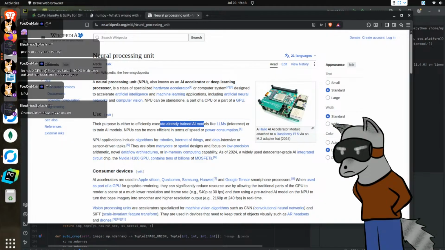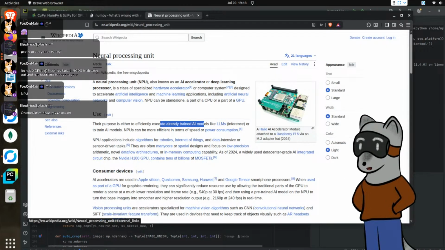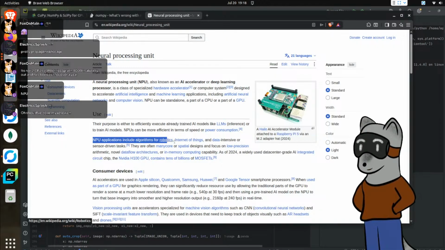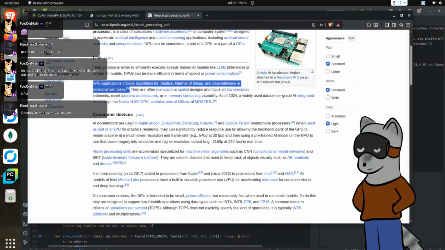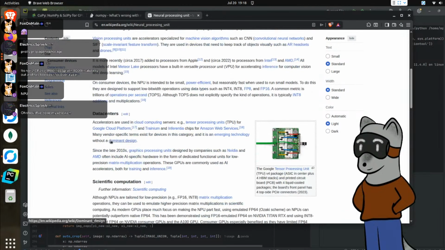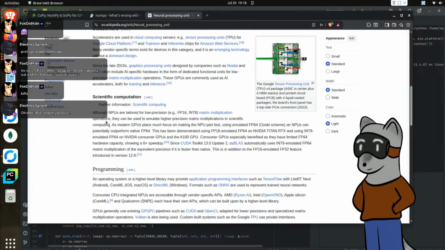Well, I wonder. NPU applications include algorithms for robotics and data-intensive things. They are often many-core or spatial designs or low-precision. Okay, AI accelerators are used on many different things in smartphones. They plan to use them in data centers, scientific computation. Although NPUs are tailored for low-precision